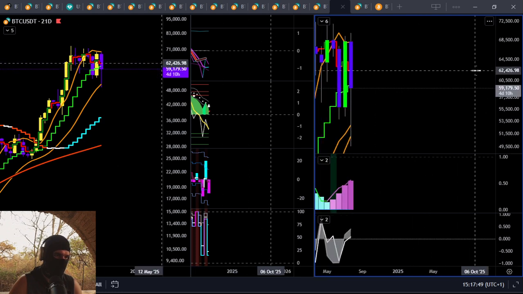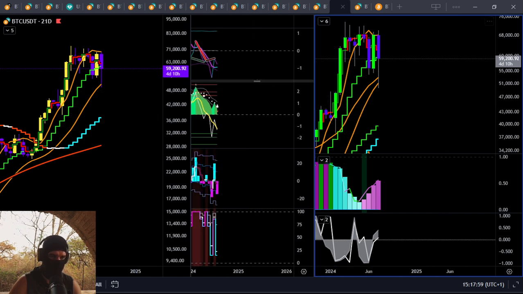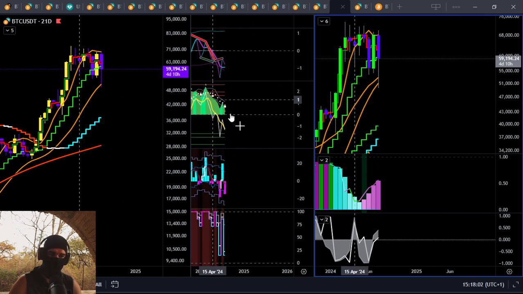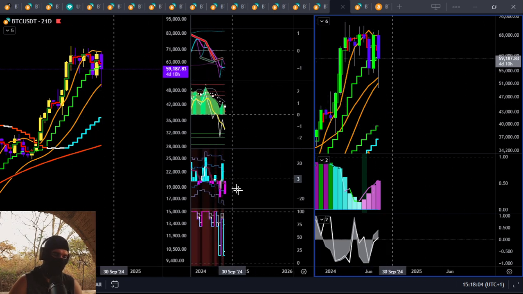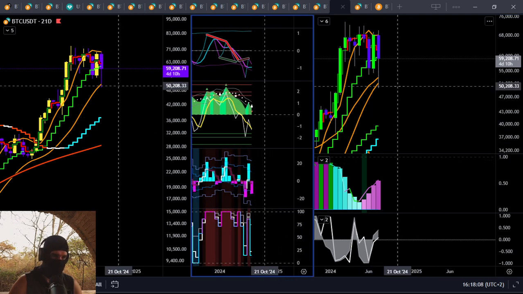Okay, any closes below 62,000. This is on Poloniex spot. Any closes below 62,350, I look for more continuation to the downside. Why? Hidden bear divergence is pointing down. ALR, same thing. This guy hasn't flashed blue for a buy signal just yet.